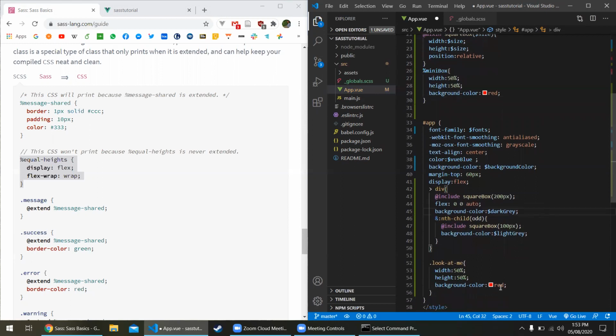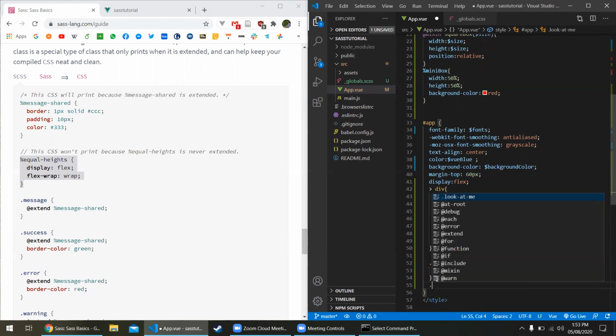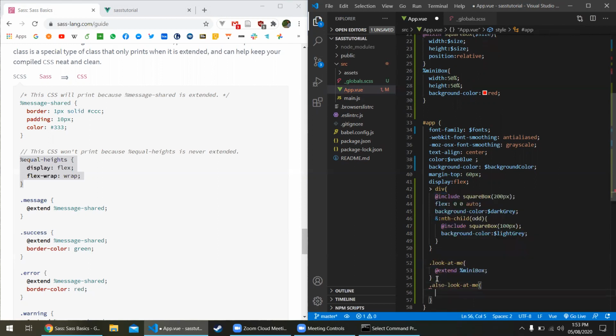And again in here now I can just go @extend %mini-box, and then I could do another class, for example, called also-look-at-me, and I could now say we could extend this again,